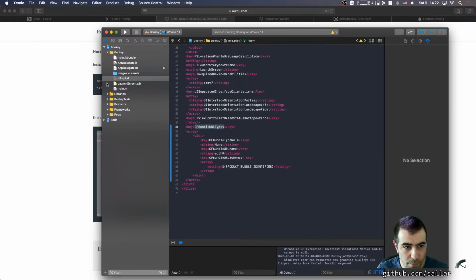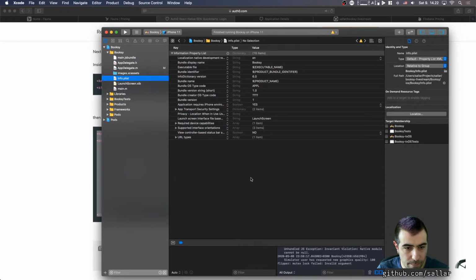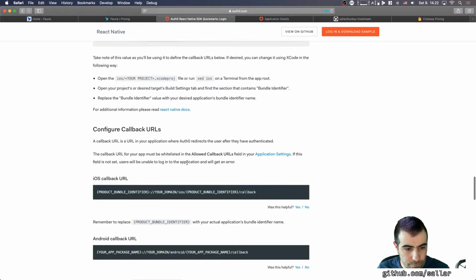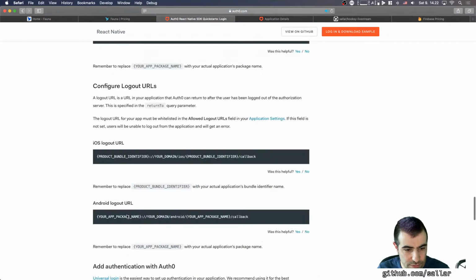And if you go back to the visual thing, it added this URL type. So we could just come here and add it visually, but it was just easier to copy paste it from this source code thing. All right, now I'm gonna skip this part and go right here